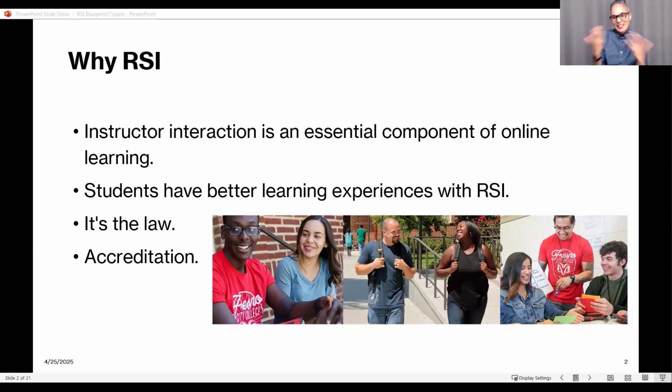Additionally, if you did not know, this past year and a half or so, we had our accreditation review. During that process, we received a court inquiry about RSI and our DE courses. Based on the accreditors' distance education rubric that they use to evaluate us, we did not pass.